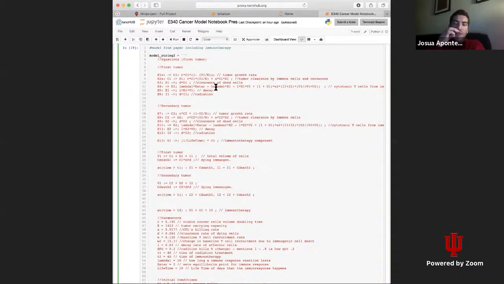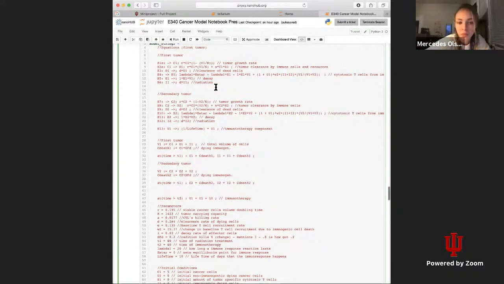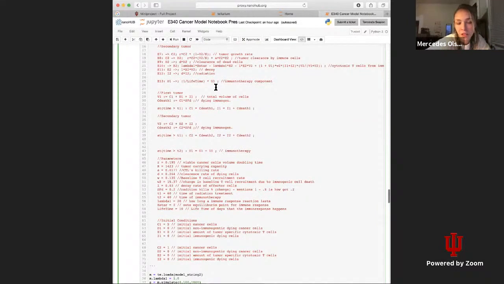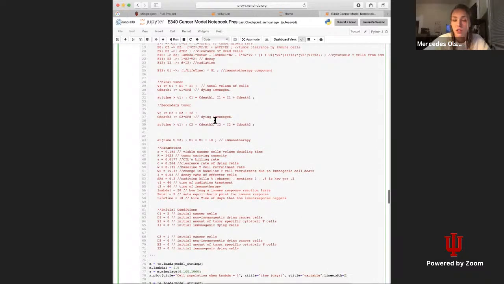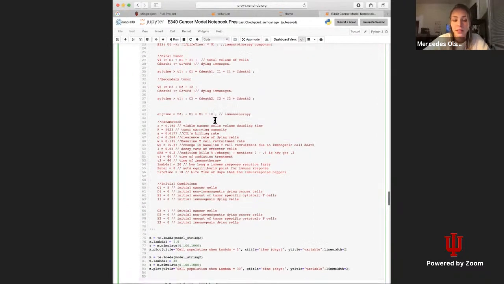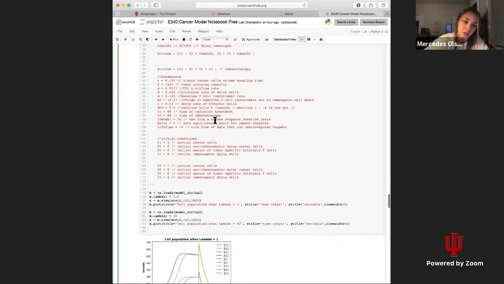What is the effect of adding immunotherapy? It takes longer for the cancer cells to come back, so there's more death in the cells. So it just makes the treatment more efficient. And it's kind of fun to see how long. Well, I'll show you. Moving a little bit forward, but